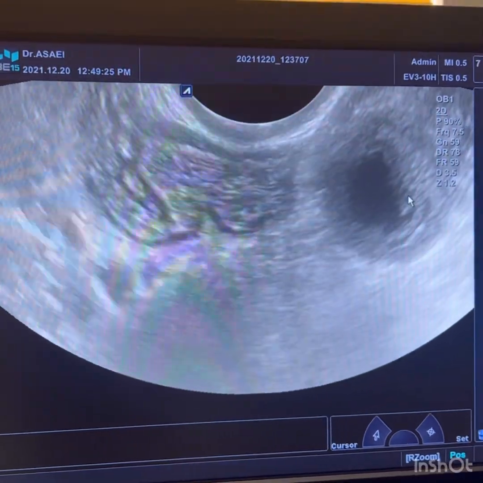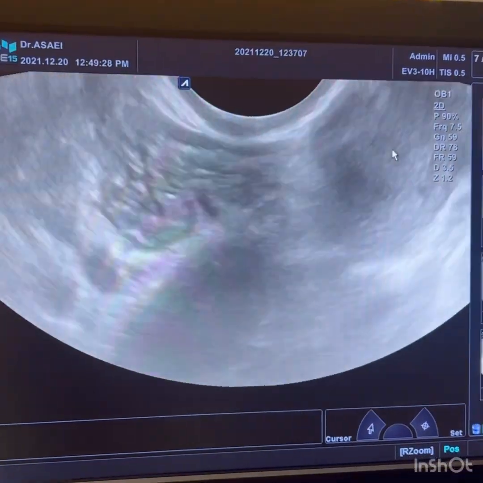At the end, keep in mind that rare cases of ectopic pregnancies can